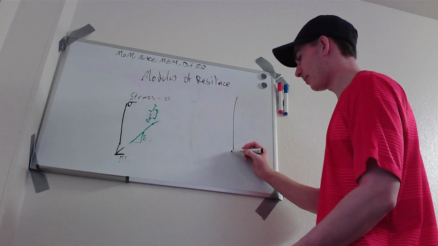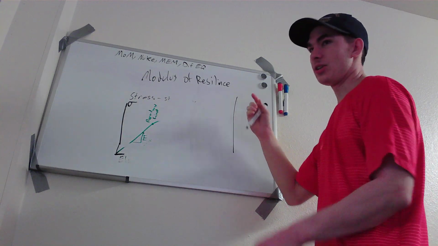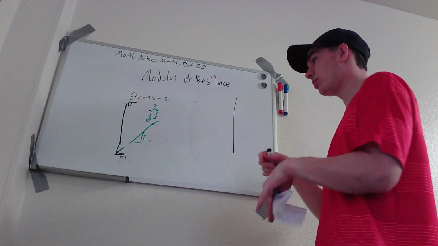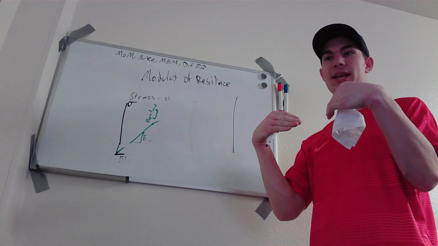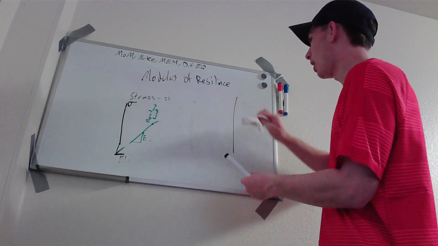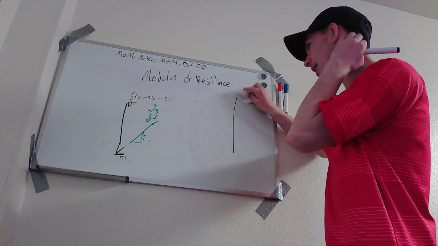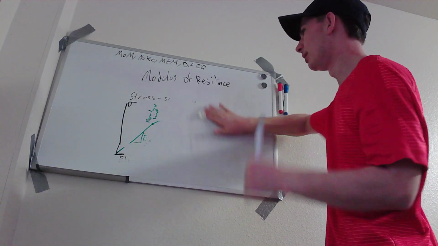So you're going to maybe see a tiny bit of deformation, and then it's just going to snap. Well, ductile materials will start to bend or elongate. But steel is pretty much just a straight line, even though it's a ductile material,